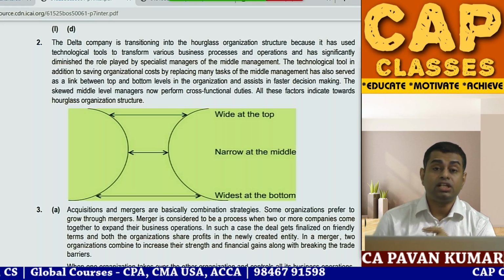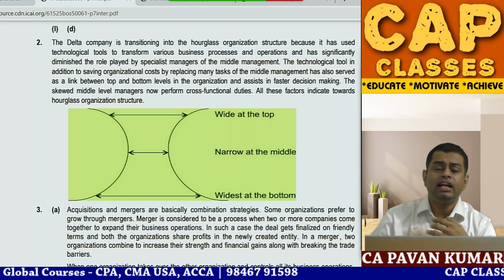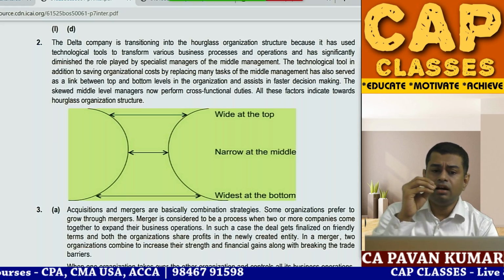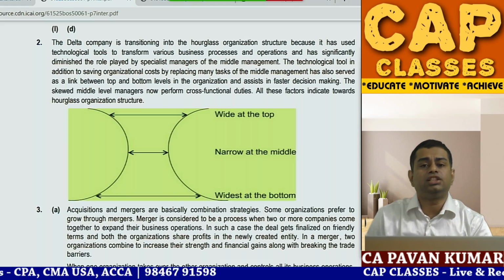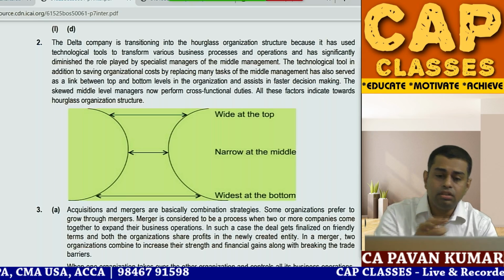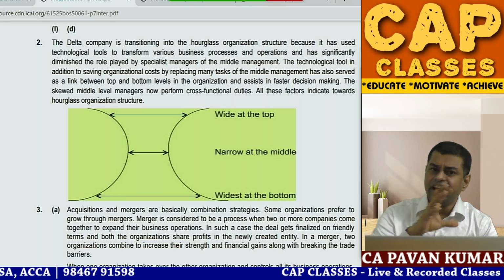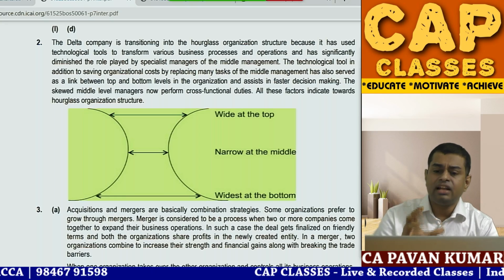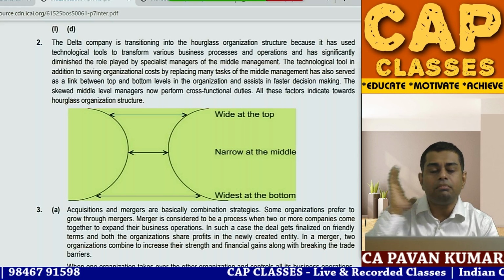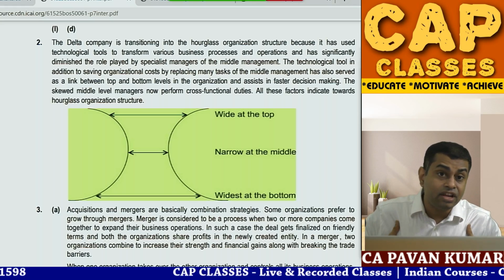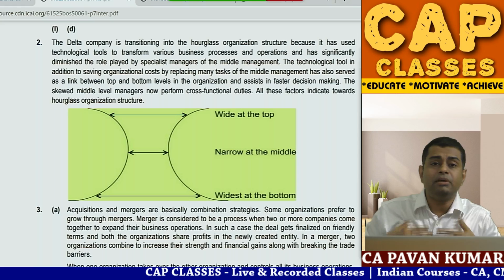Portfolio management, Boston Consulting Group, GE matrix, Arthur D. Little matrix, expansion, retrenchment, then organizational structure, functional structure, then this divisional structure, M-form structure, SBU structure, experience curve, product life cycle. Any question where there is a diagram in the study material I have given to you, the Pavan Kumar study material I have given to you,